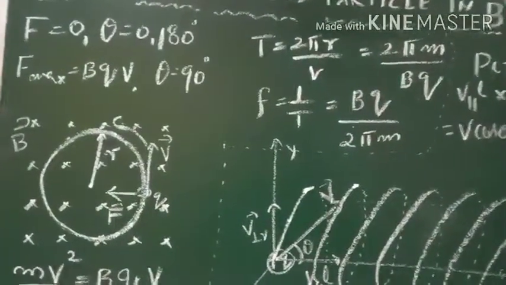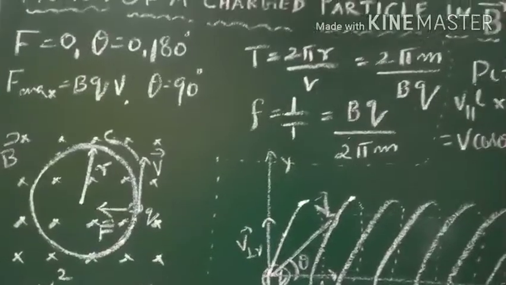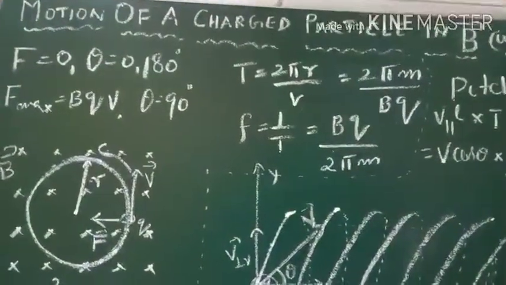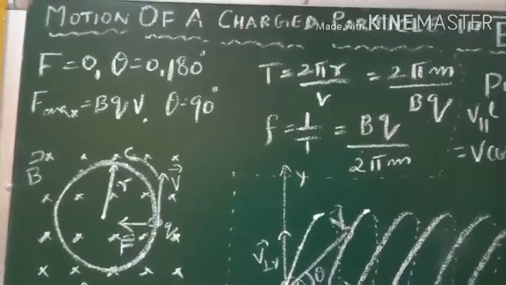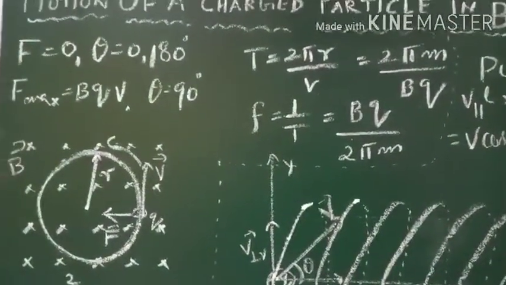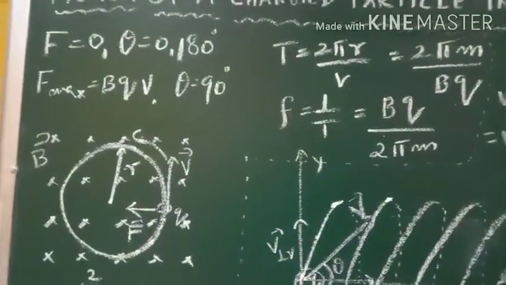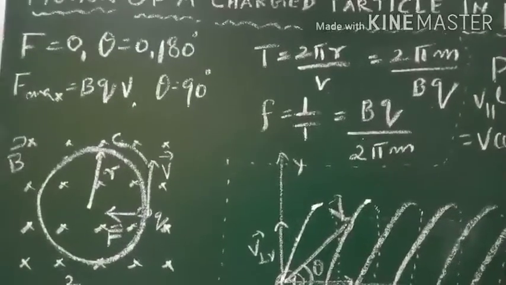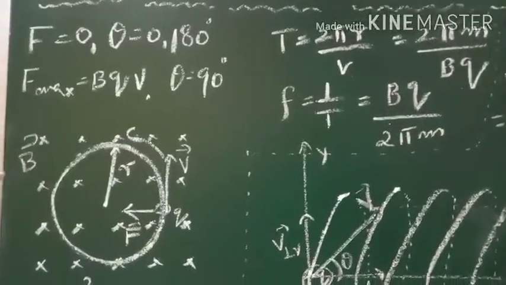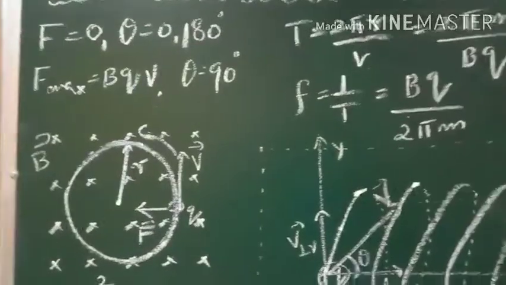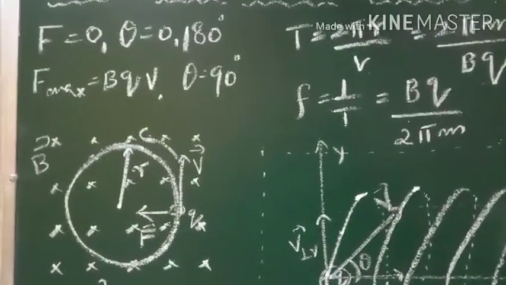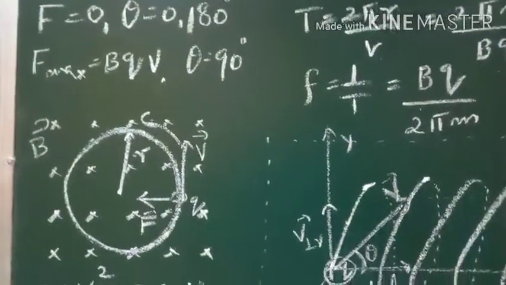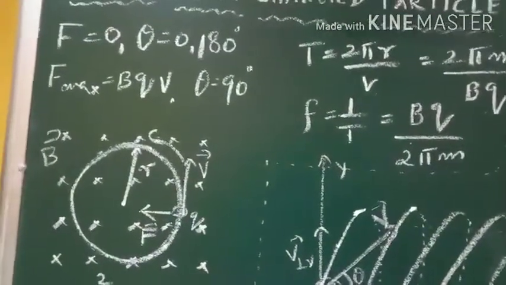In that case, children, we have already seen that this force cannot change the kinetic energy of the particle. We have derived the expression, and the differential of kinetic energy is 0. So the kinetic energy is constant. This force cannot do any work on the particle, or change the kinetic energy or speed of the particle. So what does this force do? Some force is acting on the particle, so some effect should be there, no? This force will continuously deflect the particle sideways.